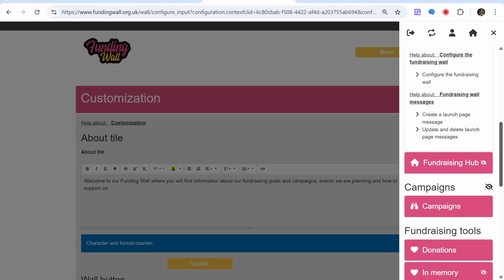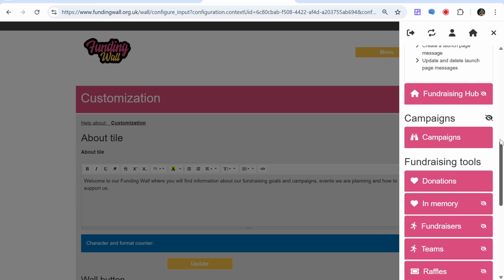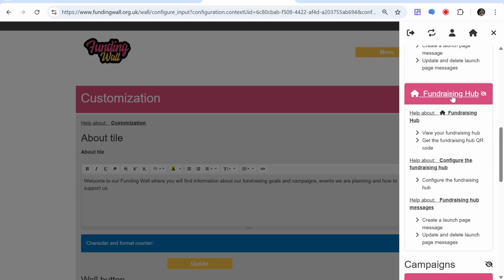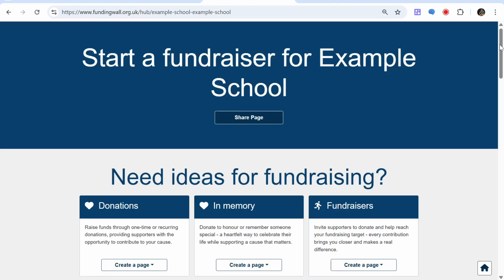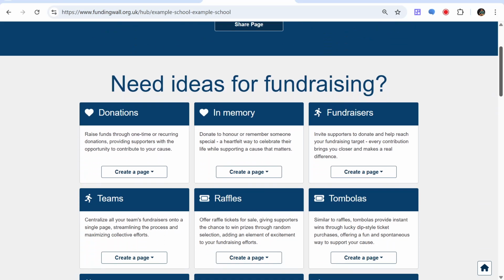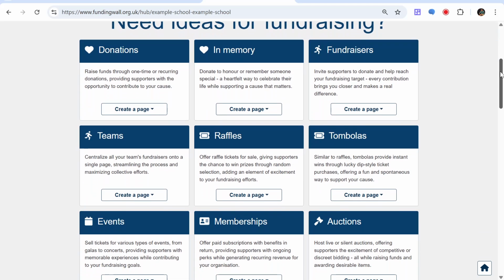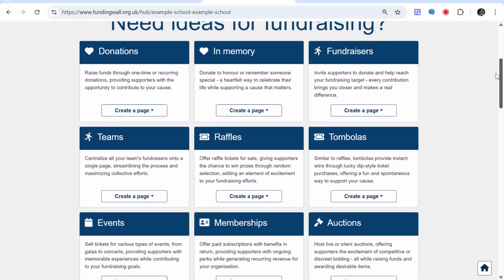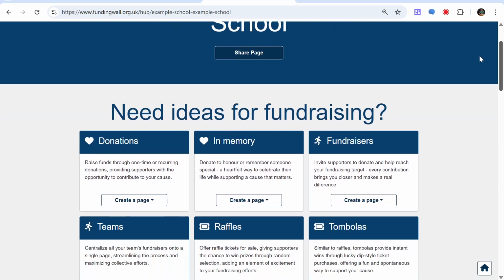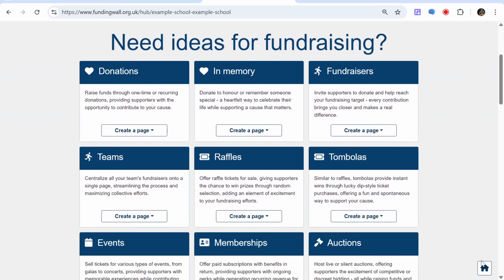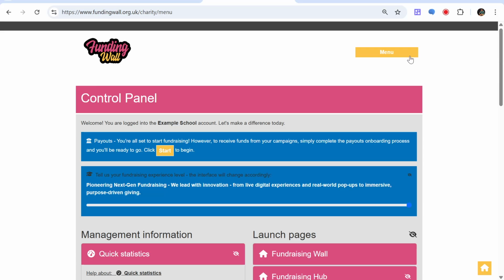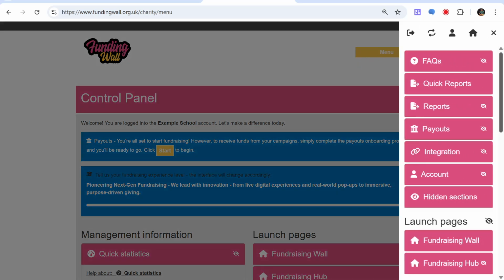You'll see a fundraising hub button here. A lot of the charities and schools we work with don't really use the hub section, but if I click on view now, you'll see it. It's really designed for larger charities where people are running fundraising campaigns on behalf of a charity or school and setting them up themselves. So if that's something that you are looking to do down the line, that's where you can promote that to your members, i.e. the ability for those supporters to set up their own campaigns. Okay, going back to the menu, then